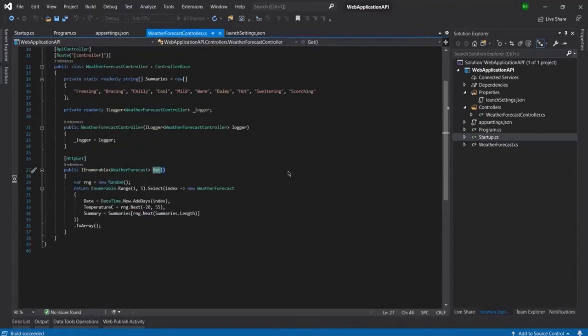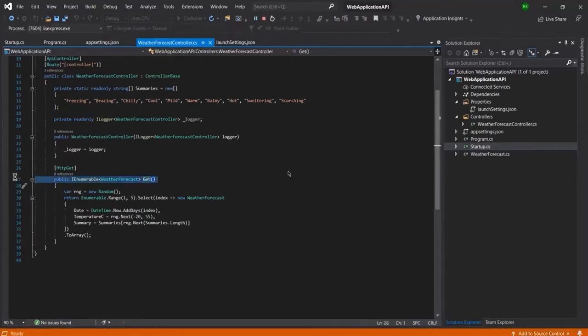You can see the build has started. Let it take time until the build process completes. Here you can see the browser has started by default. With the default controller you can see in the URL that weatherforecast is being loaded, and inside the WeatherForecastController we have implemented the Get method, which is the default method.